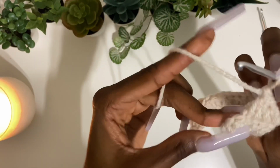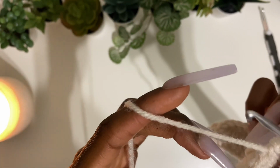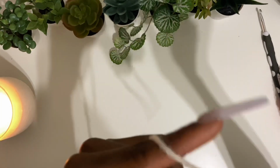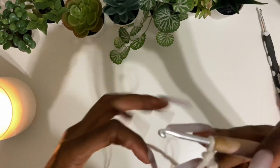Now here I am at the end of the row. Just make sure you don't miss this last and final stitch. It is going to be kind of easy to miss these last 2 stitches, which are supposed to be the double crochet, but you want to make sure you insert a double crochet into that chain space at the end. And there you go. And now you're going to just repeat the same thing, chaining 2, flipping your work, and then